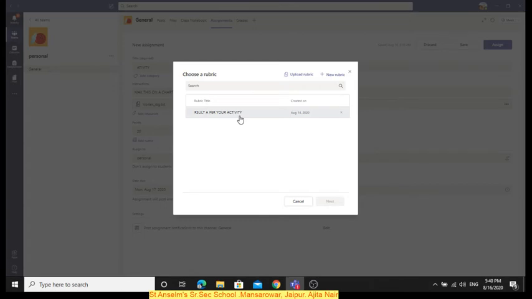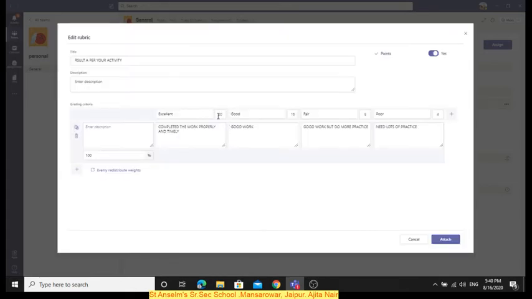Here I have already prepared a result. If you want to prepare a result accordingly, you can prefer it. Suppose I have given 20 marks. So whoever has done the best, I will give 20 marks to them. And if I am not giving the 20 marks, then also I have a choice. See here, when you click on it, it is there.